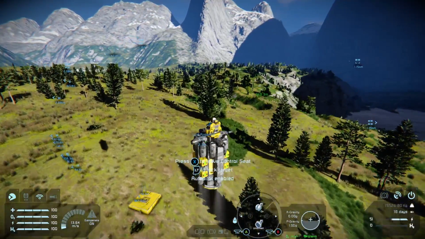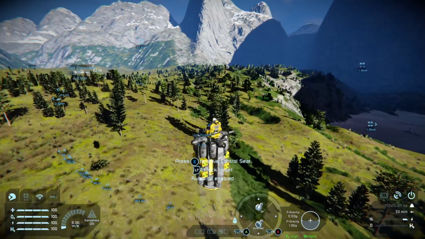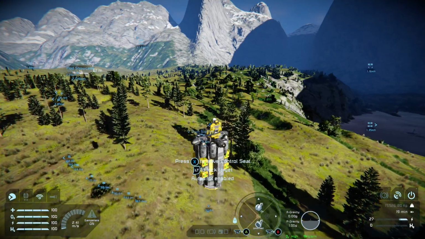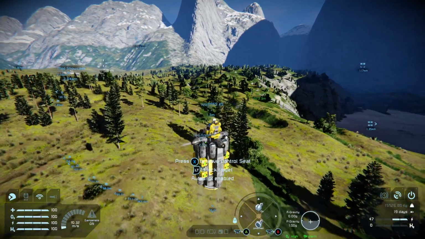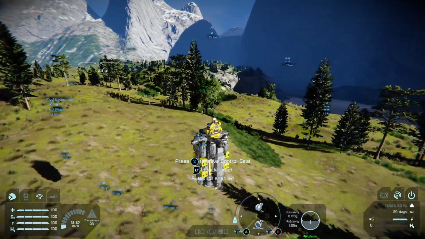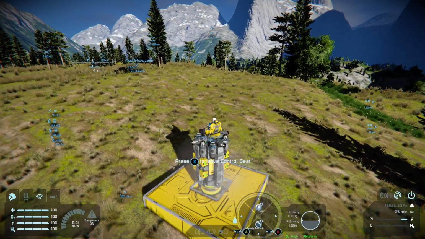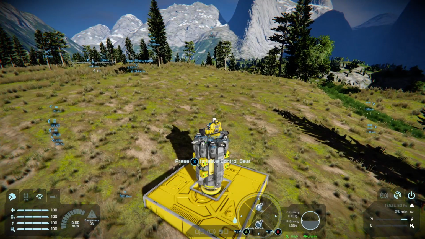Try it again. And as I said, you have to occasionally fiddle with this stuff to get it to work, because the remote control can be a little finicky. And it seems to be turning off the remote control when we land as well, which is something it shouldn't be doing.